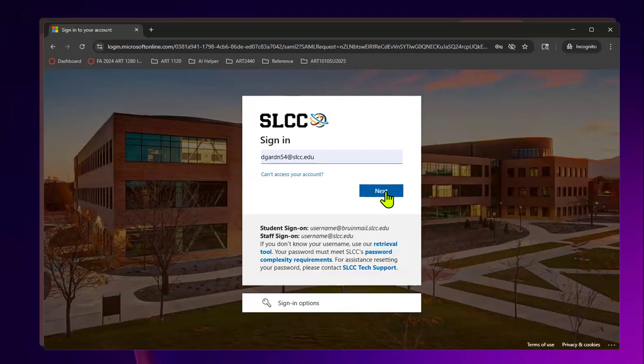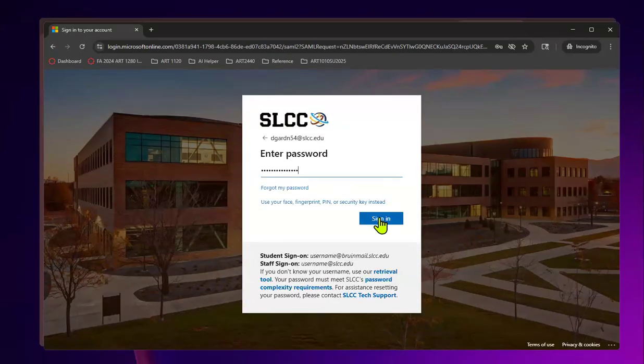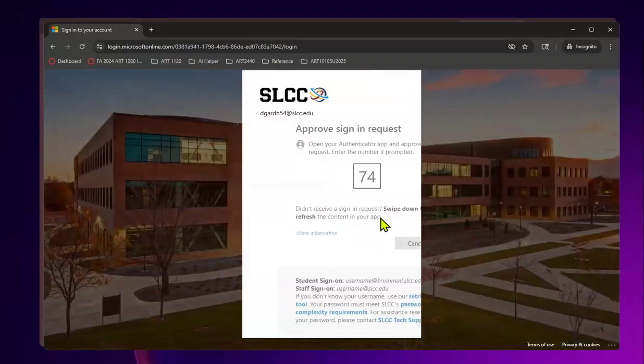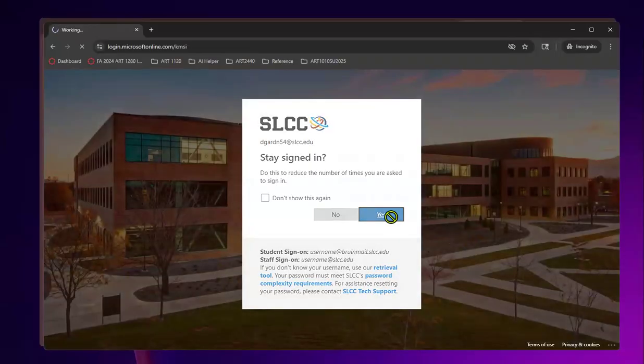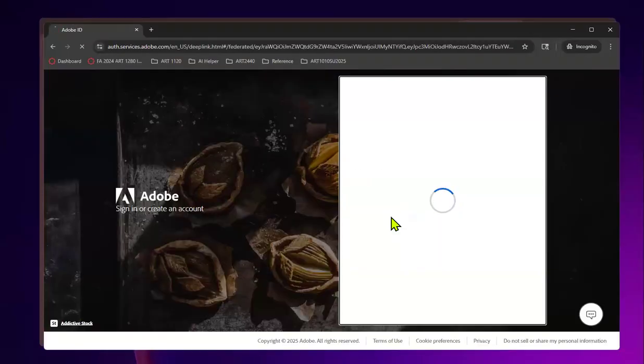So however you log into your Slick account, you have to do the same thing. And then it comes up, and I think they're forcing the students to do this too. You've got to get the authenticator app. So once you get into here,